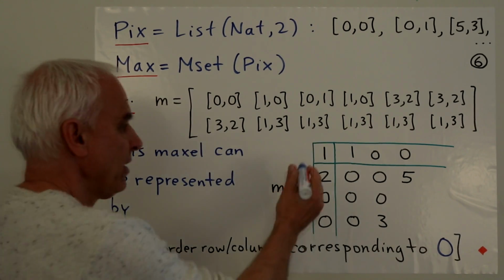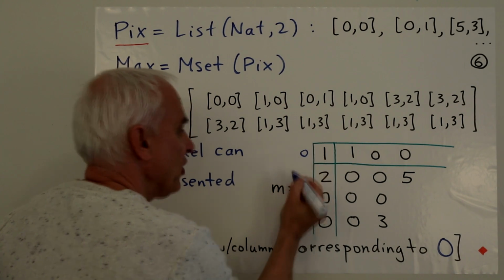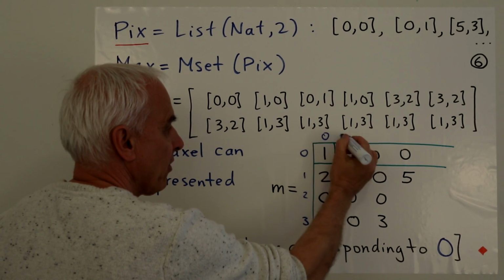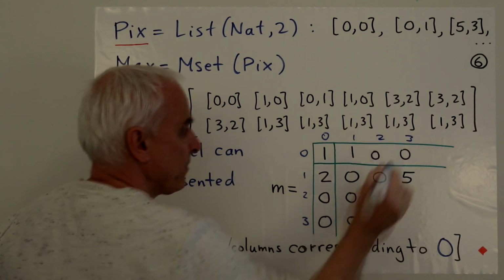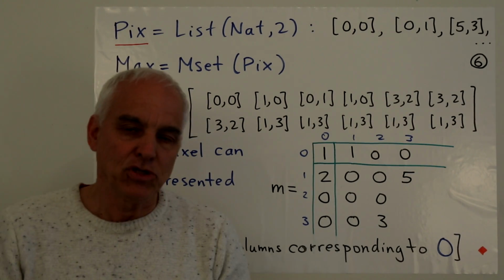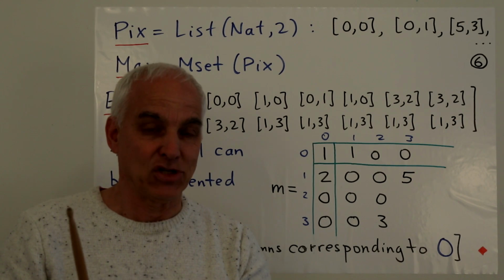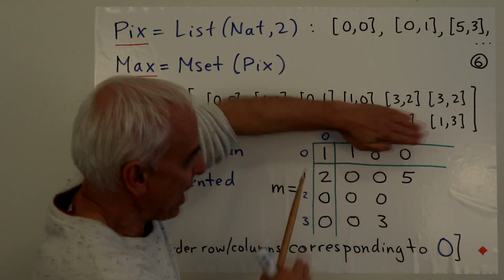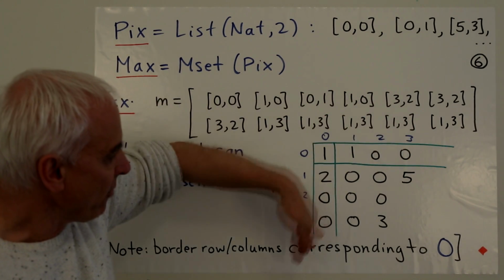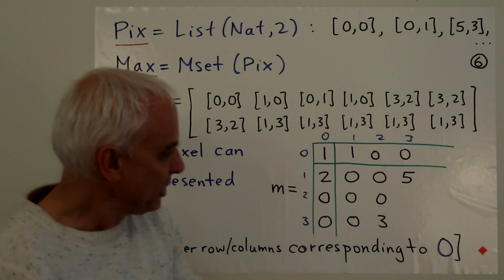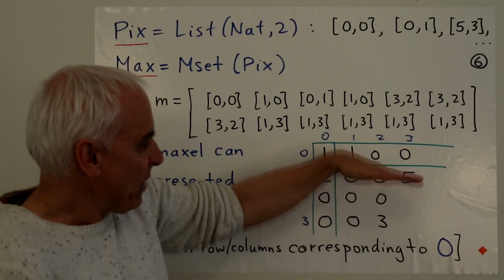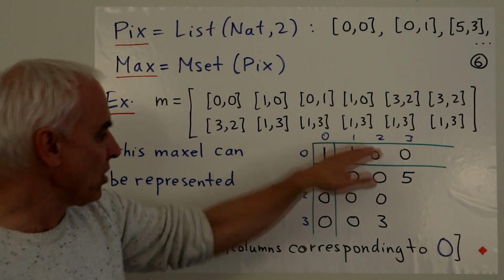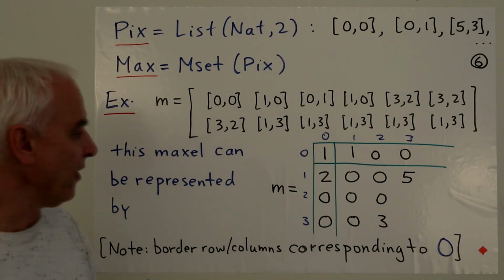It might be helpful for beginners to label the positions. So that's the 0 position, the 1 position, the 2 position, the 3 position, and correspondingly across the top 0, 1, 2, 3. So what we were doing previously, when we were considering maxils just over the natural numbers starting at 1, is basically looking at possibilities that exclude that first top row and column. So basically starting here. So we're expanding that. Now we have another ribbon on top and a ribbon to the left, a border row and column that correspond to this index 0.